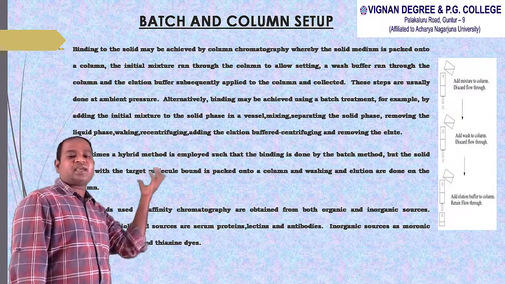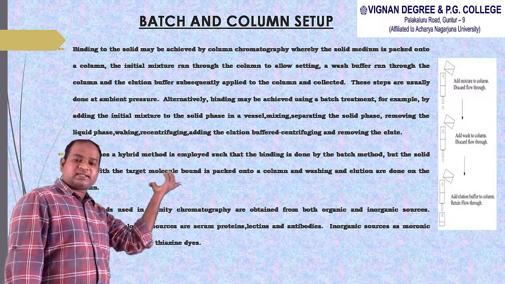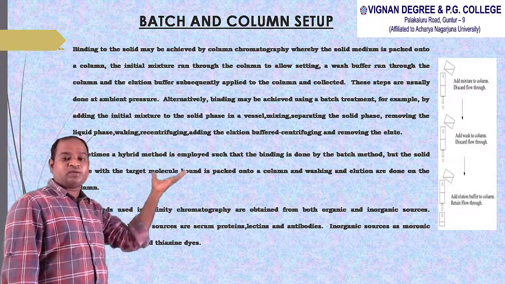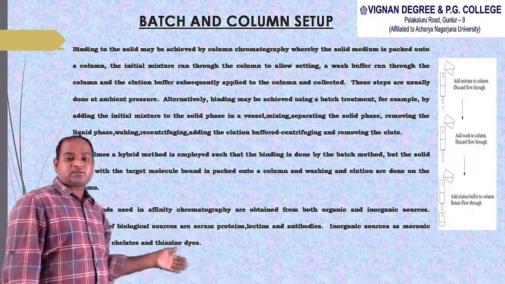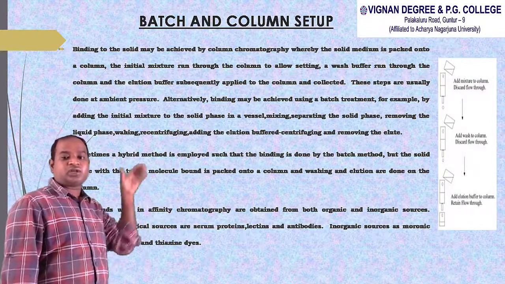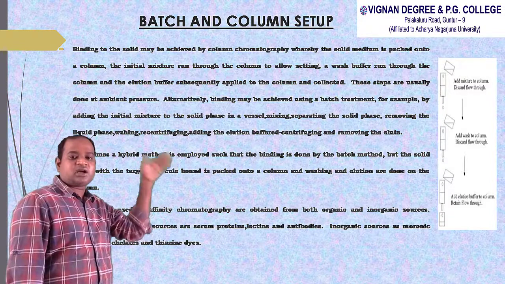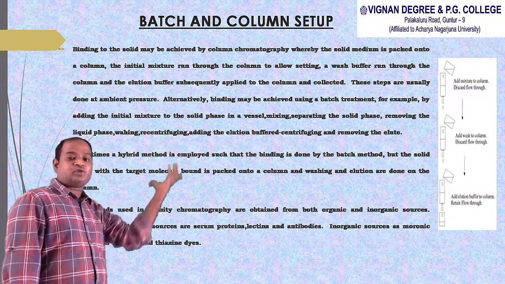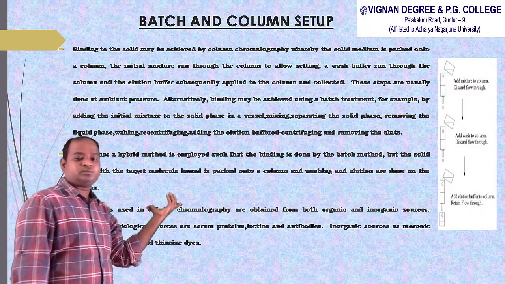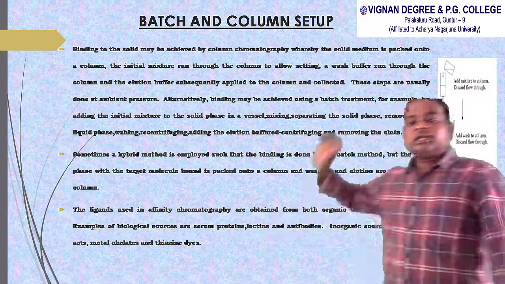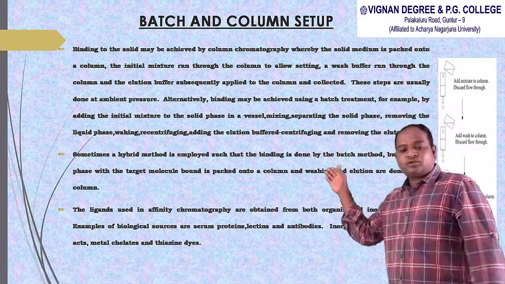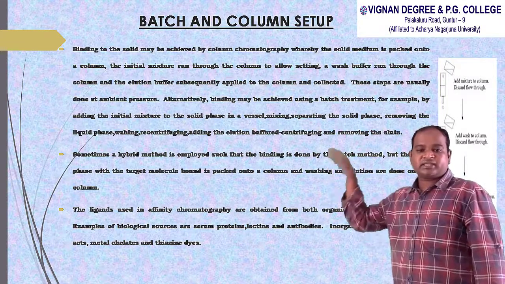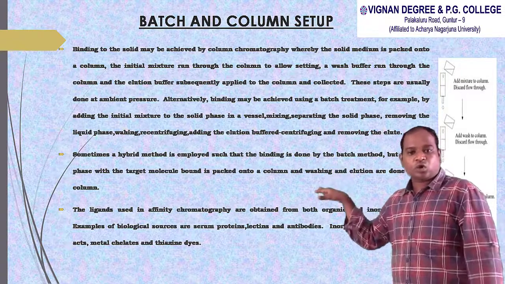Only the specific hexokinase will remain in the column. In this way, you are removing the unwanted enzymes out of the column, and the enzyme you want is inside the column. By this, you are separating your affinity molecule. So, likewise, the required protein, the required enzyme, is in the column.